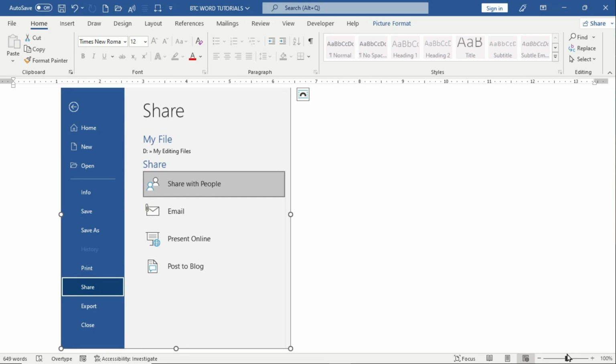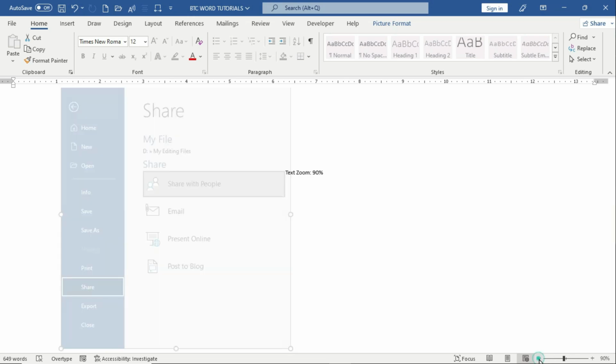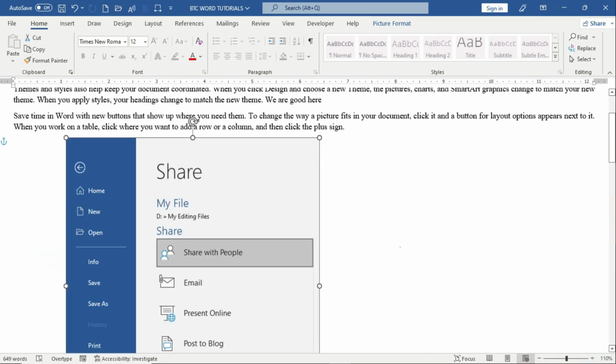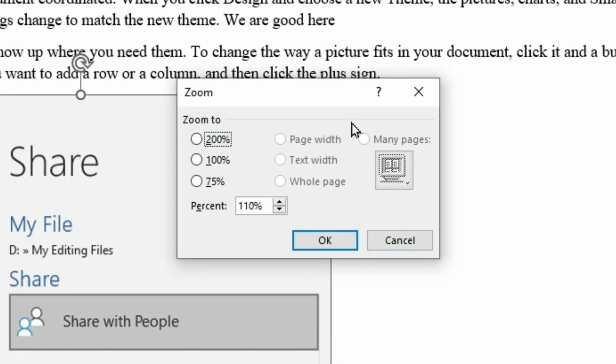This allows you to decrease or increase your Word document to view all the content that are available. So if I click on this, I get this dialog box, which is the zoom dialog box, and it tells you to zoom to 200%, 100%, 75%, and you can also type a manual percentage in this field. So when I select this and click on OK,